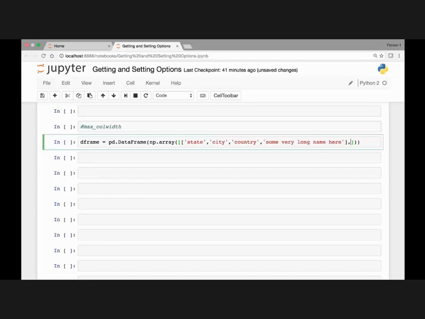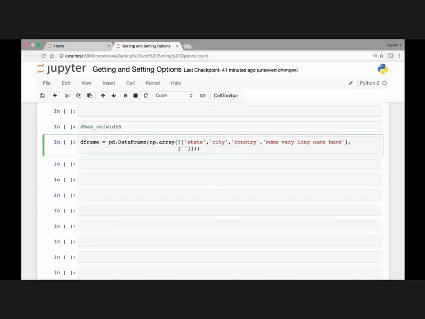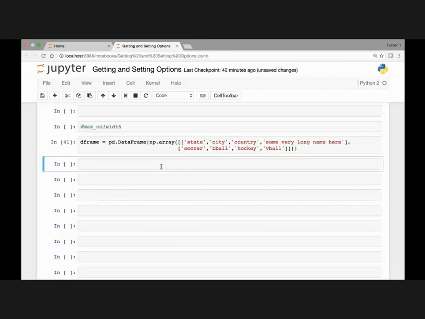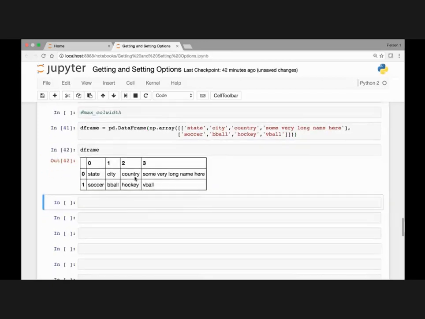Okay, let's pass another list. Let's say soccer, basketball, hockey, and volleyball. Okay, now let's look at our data frame. So we have a 2x4